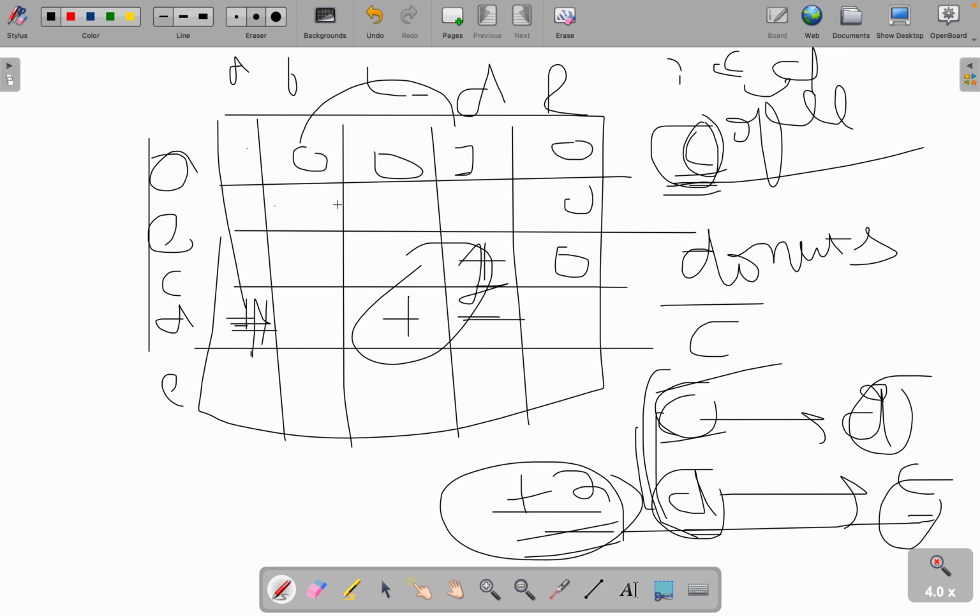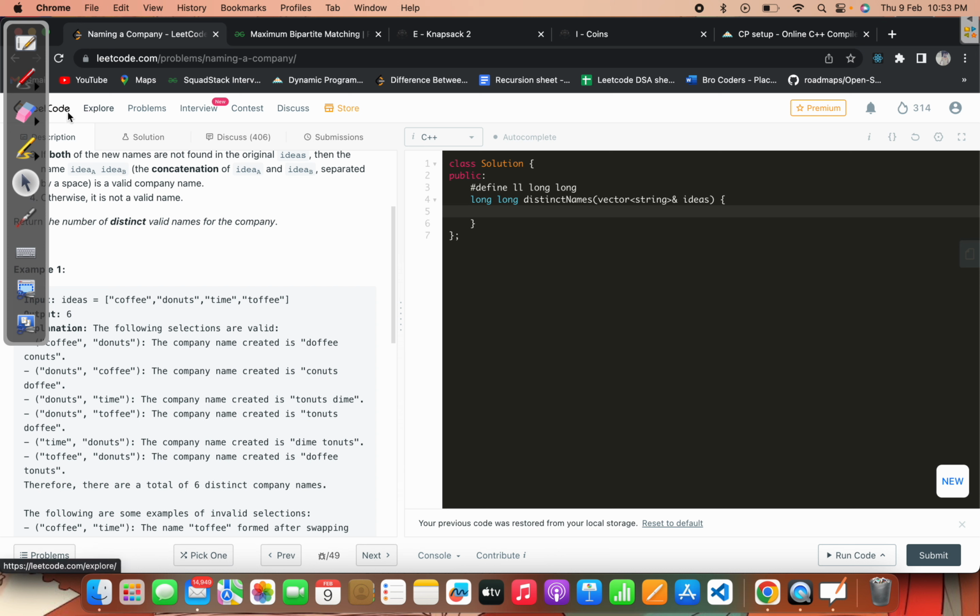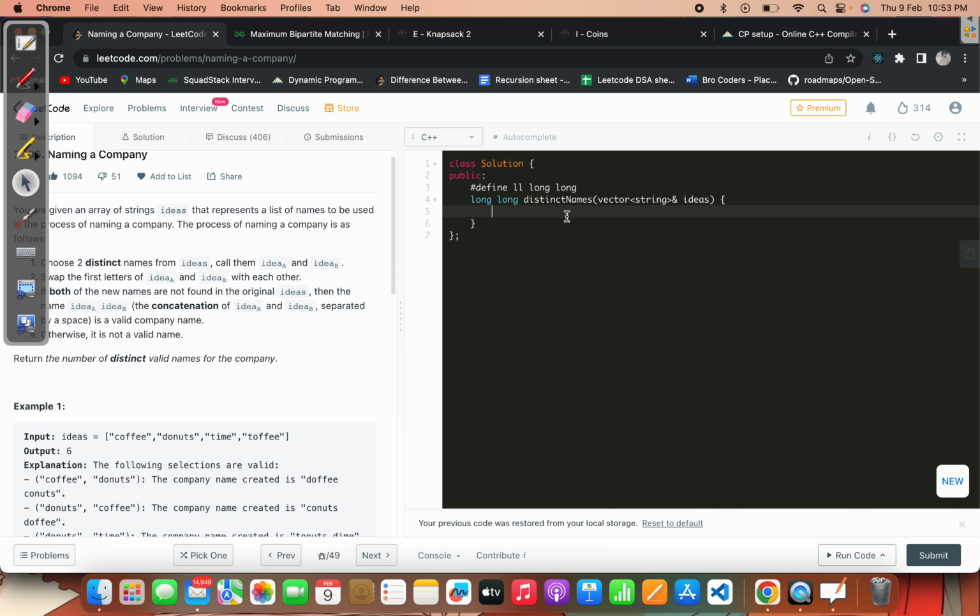So let's try to implement it so your understanding will improve by seeing this implementation. So let's first form a set of strings from which we can check at each point if it is present in our array ideas or not. So let's start with this. We will maintain a set, and the set will contain all the strings present in the ideas, and after that a count which is our result,